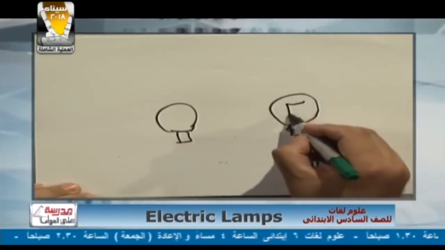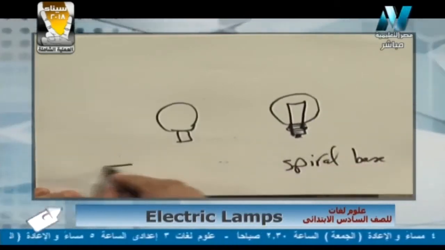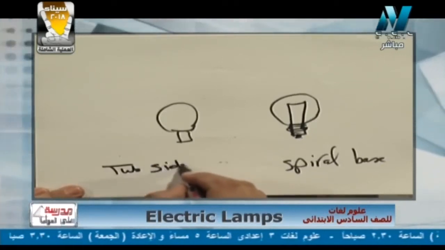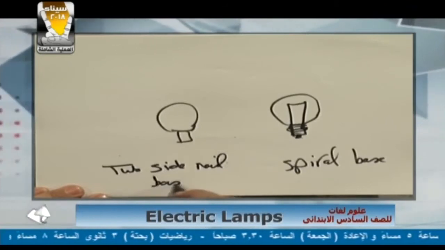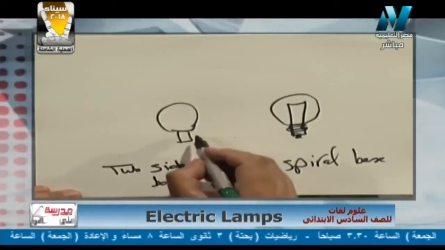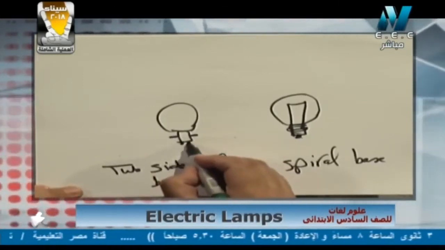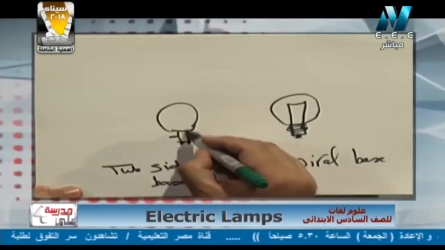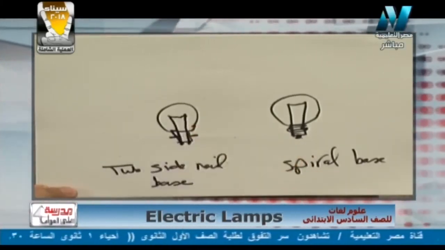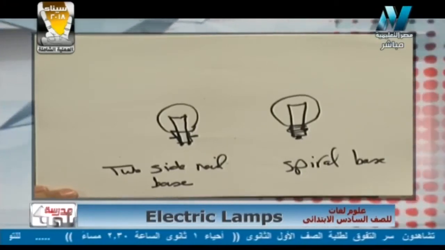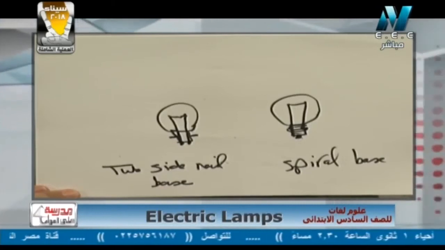So here is the tungsten filament and also the two copper lead wires. So what about the two side nail base? From its name, a lamp with two nails. Commercially we call it the nail lamp, and it has not one nail but two. It has two pieces of lead, and there are also two copper lead wires like the other lamp. So the main difference between the two lamp bases: